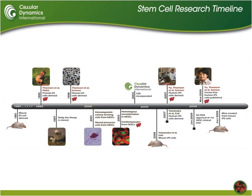She utilizes an episomal approach. And then in 2009, a full mouse was created from stem cells in its entirety. It's the first indication that an entire organism could be created by the use of stem cells. And now I think you're going to see an even more acceleration of research in this field, not only on the reprogramming side, but also in the differentiation process of taking those cells and moving them into terminal